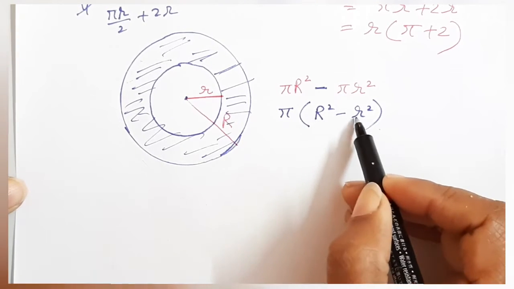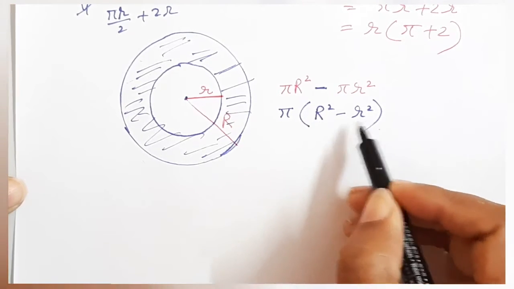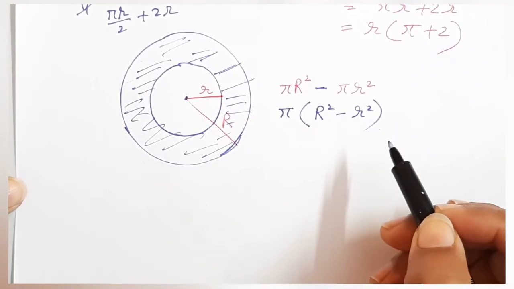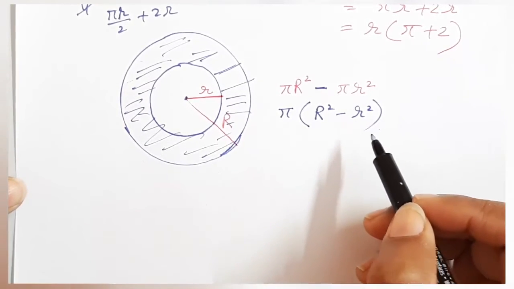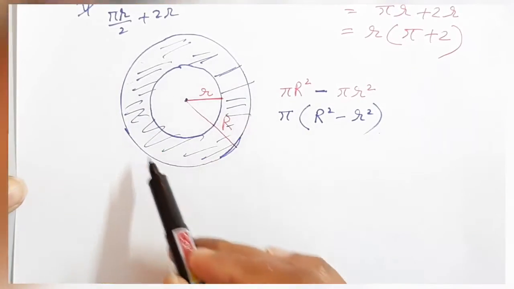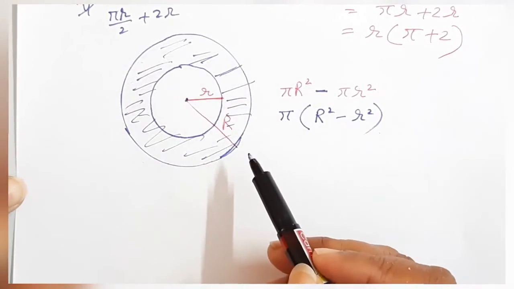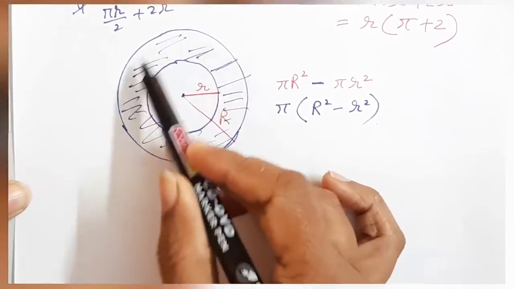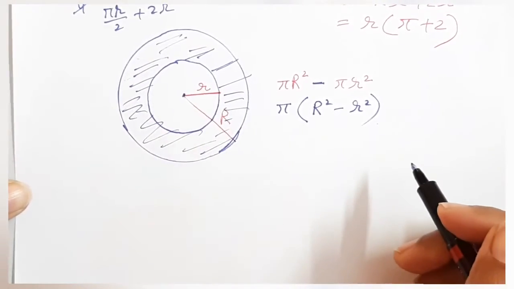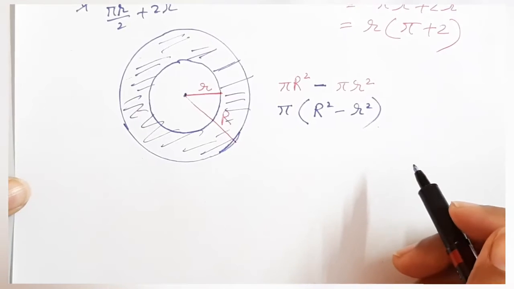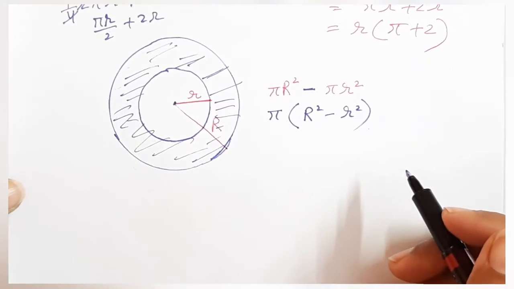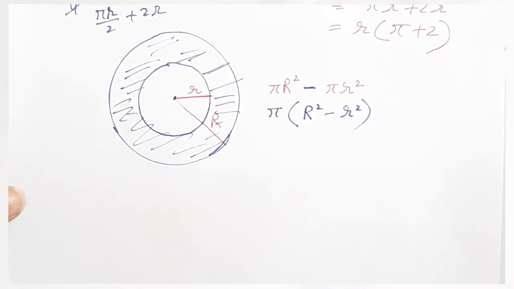It is not necessary that you take small r and capital R. You can take any terms. We can take them x and y also. Right? So this is how we can find the area of a ring or the area of a shaded portion, that is, outer circle minus inner circle. I hope it is clear to everyone now. Now students, let us discuss an example related to circles.